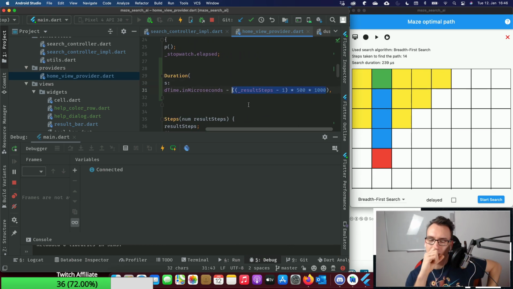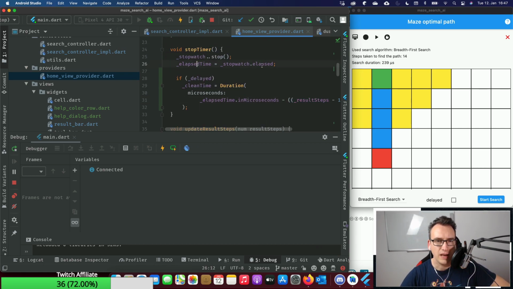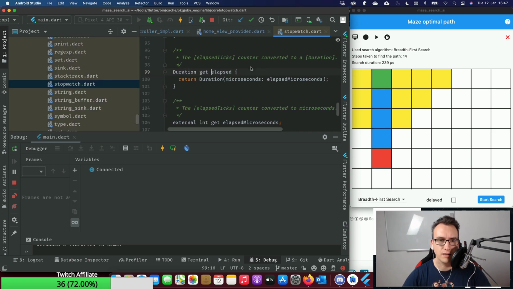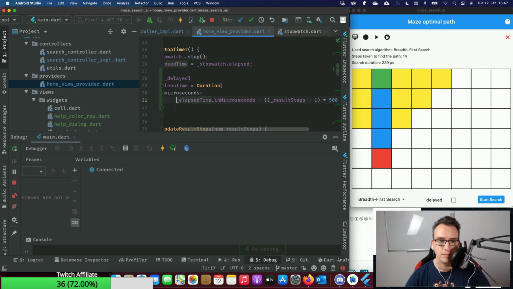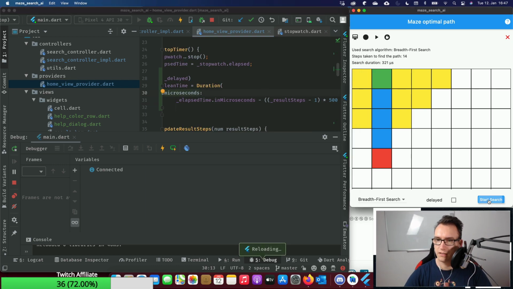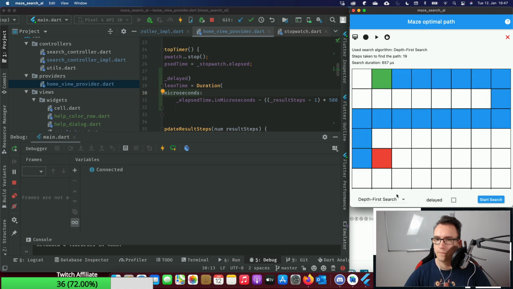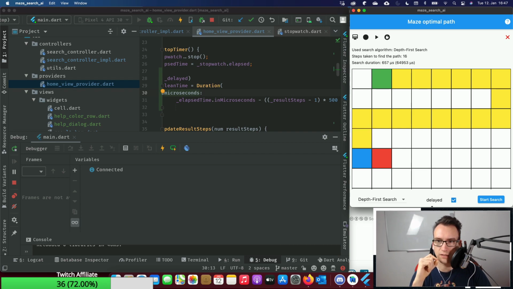So we have that, and unfortunately it doesn't actually reflect the same value. So if we have this elapsed, how do we get that? This comes in microseconds. That is the reason. And this is microseconds, and these are now also microseconds. Still not completely convinced that this is the same. So actually after this delay, it should have exactly 600 milliseconds or something. Only if we do something in between, but I don't think so, right?